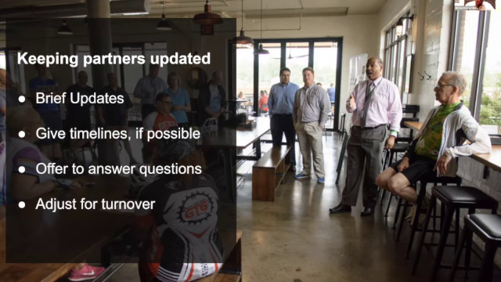And finally, adjust for turnover. Especially over the course of several months or a year, there will likely be some changes with the staff and contacts of the partner organizations which you're working with. If an internal champion or main point of contact is leaving, don't panic. Simply ask who will be the interim or long-term replacement and take the time to meet with them, give details about the coalition and their organization's role, and answer their questions.